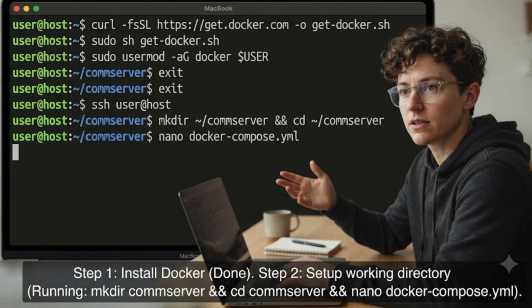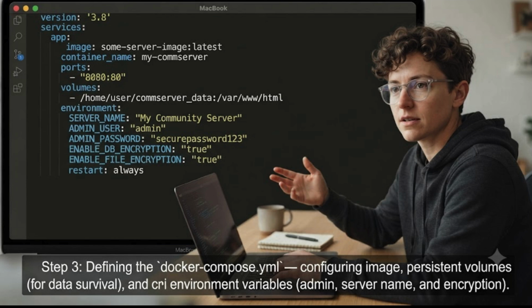That last command lets you run Docker without typing sudo every time. Log out and back in for it to take effect. Now let's create a working directory and a Docker Compose file. This file describes everything our server needs to run in one place. I'm walking through this line by line so you actually understand what's happening. Not just copy-pasting blind, we define the service, tell it which image to pull, map the ports it needs, and